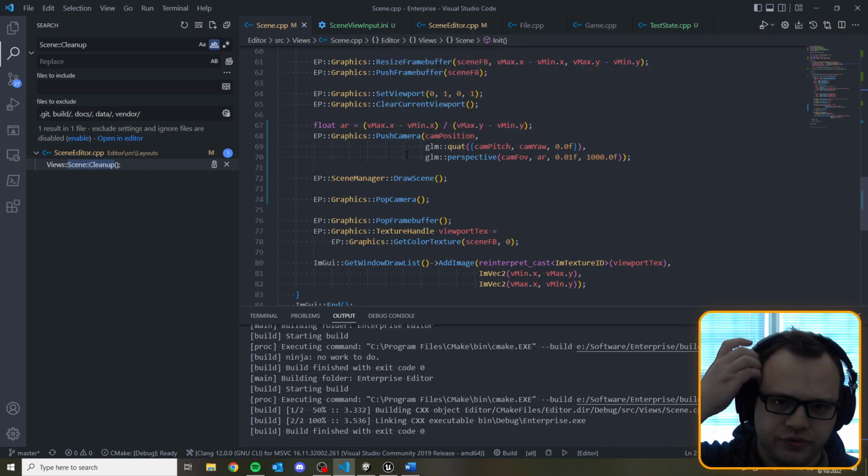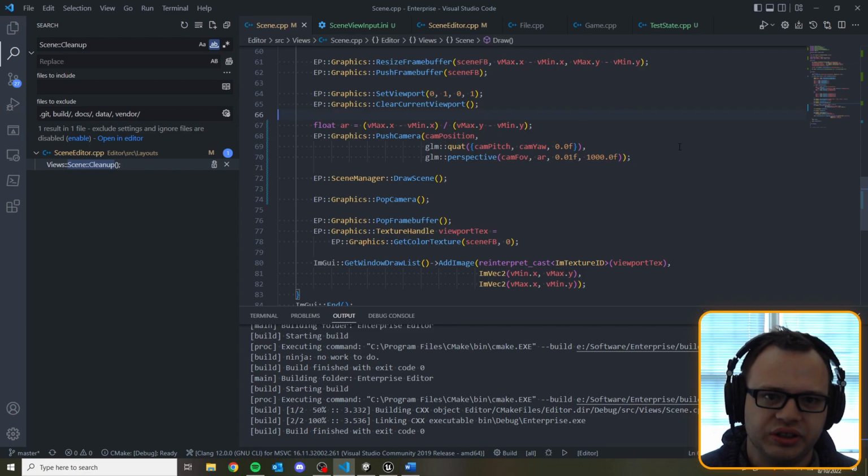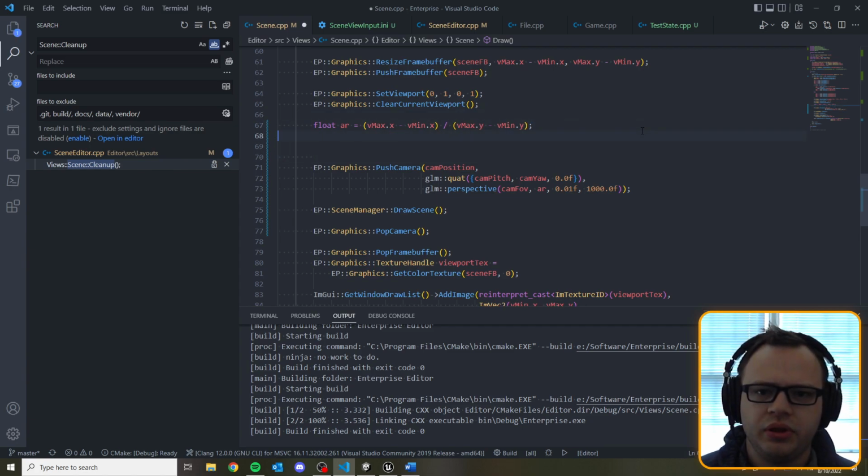There's no reason for me to separate into an update if all I'm doing is controlling the camera. And I will say right here, before we go to push the camera, we will calculate the new cam position. So cam position plus equals